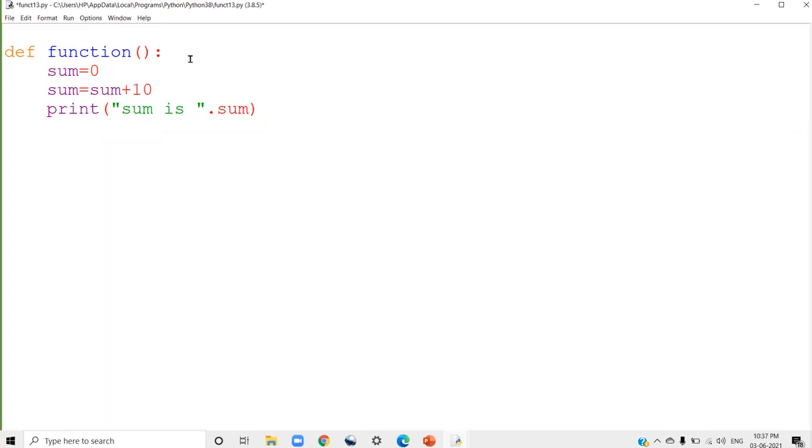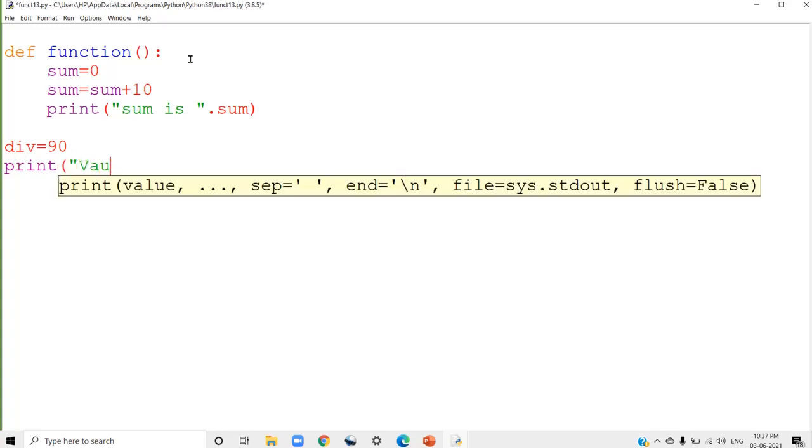Outside the function, I am using another variable, div is equal to 90. Then I am printing that value, print value of div is div.